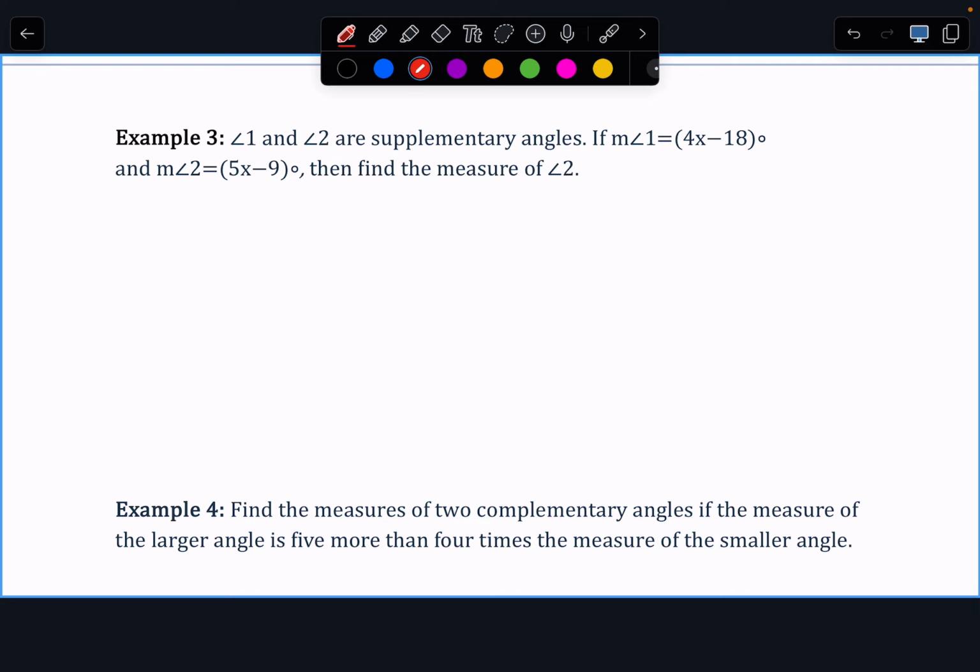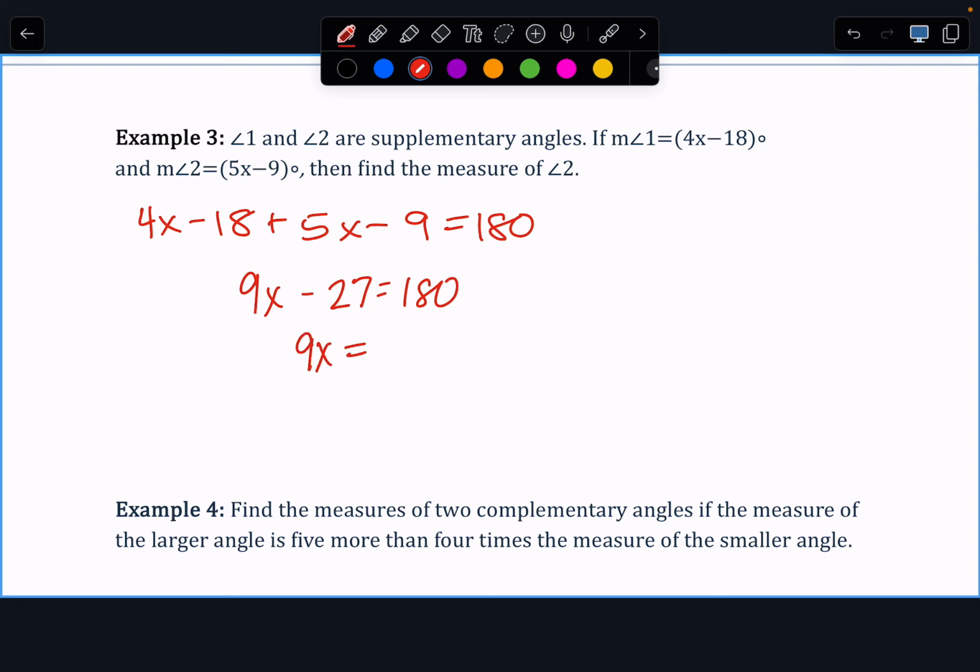We're back. Angle 1 and angle 2 are supplementary. What should we algebraically do? Okay. Which means 9x minus 27 equals 180. So 9x equals